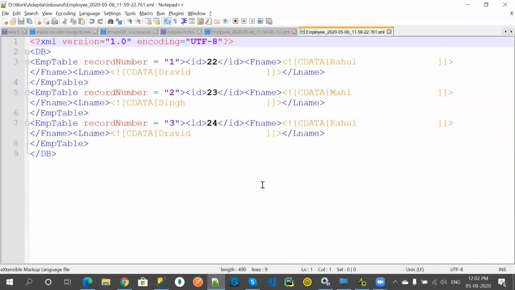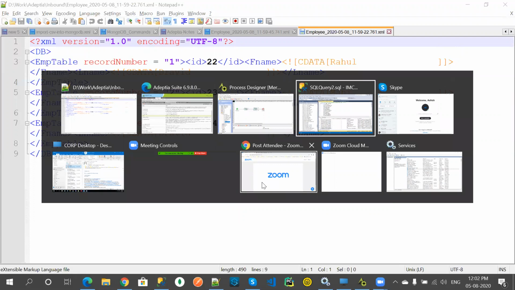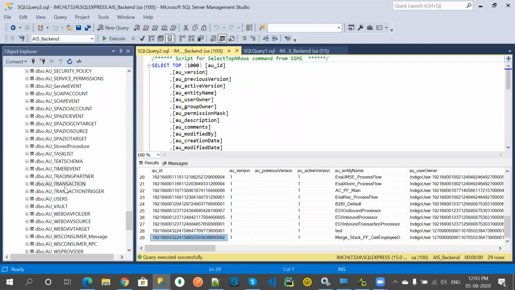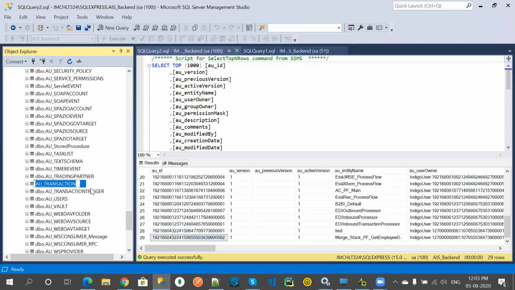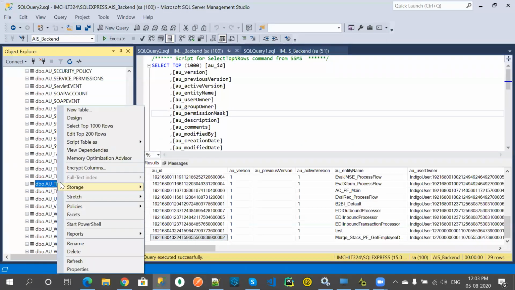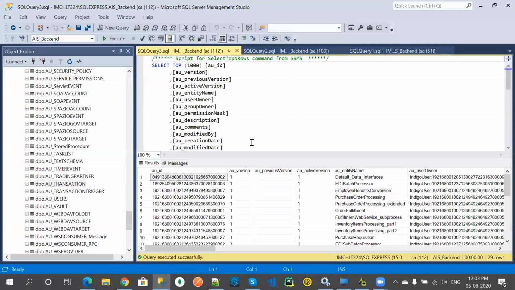Okay, let's close this, and let's go to the database and see whether the activities we generated are there. So this is the AU underscore transaction table. I'll show you only one activity, other activities are also stored.